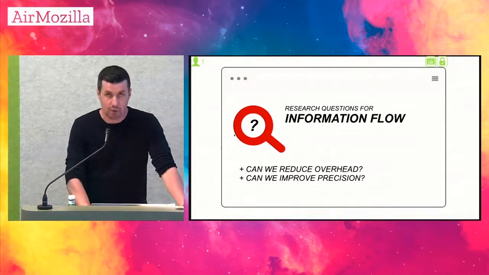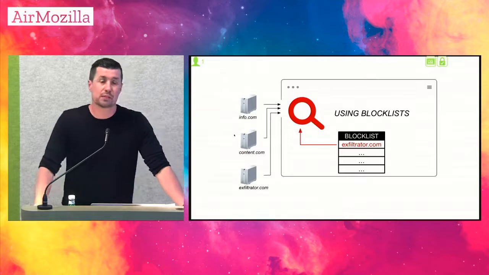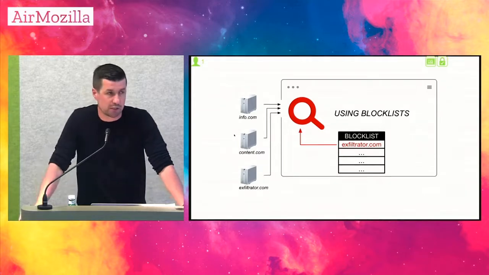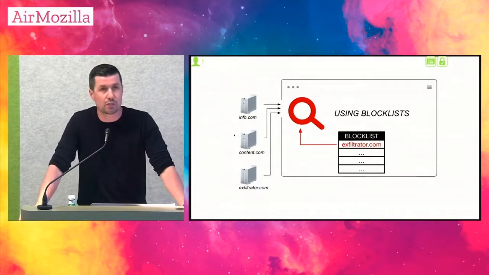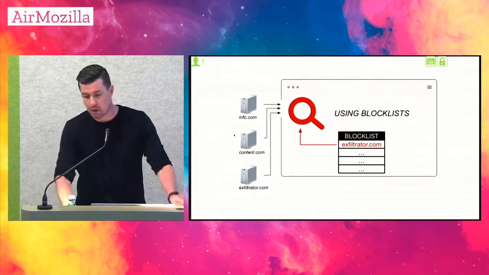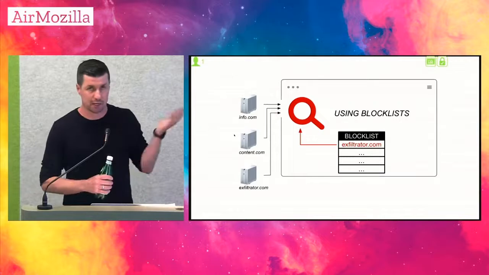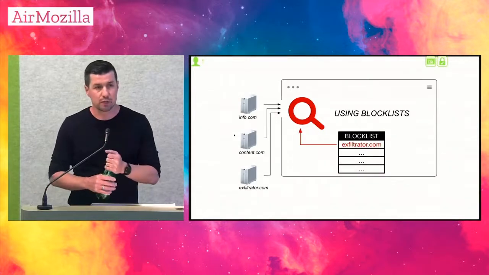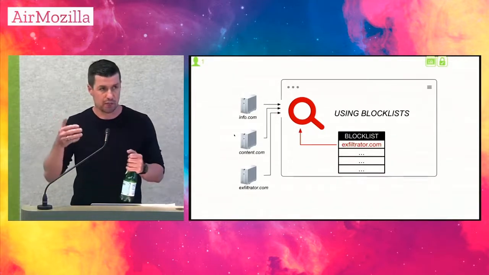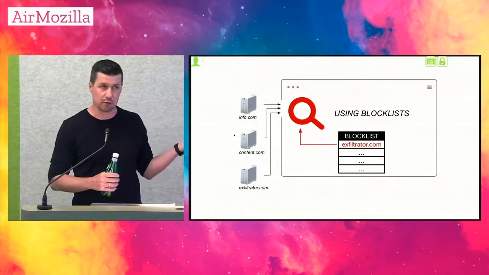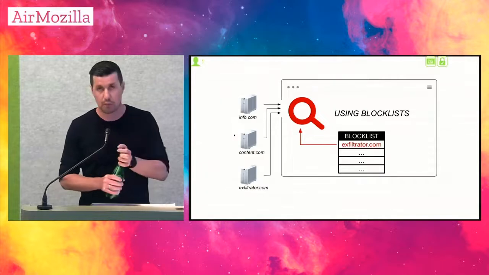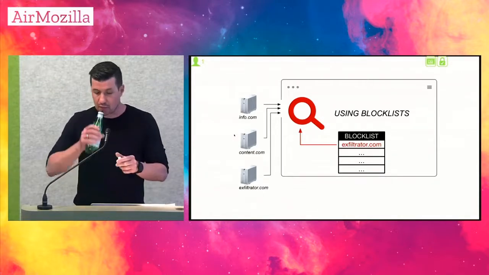The next one I would like to quickly touch on is using blacklists or block lists, right? We have done, and we have seen, and we're actually doing it very similarly for tracking protection. We rely on lists. In that case, when exfiltrator.com would be loaded, we compare the URL to see if it appears in the block list, and if so, we don't let the script execute at all, right? Which is fine, but